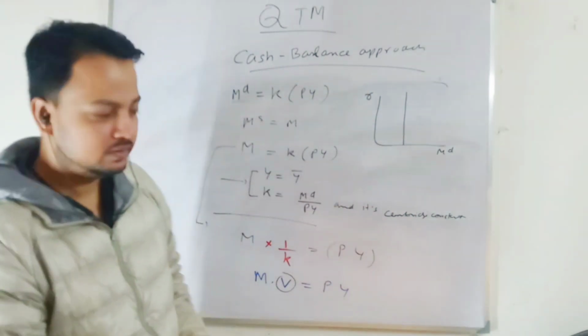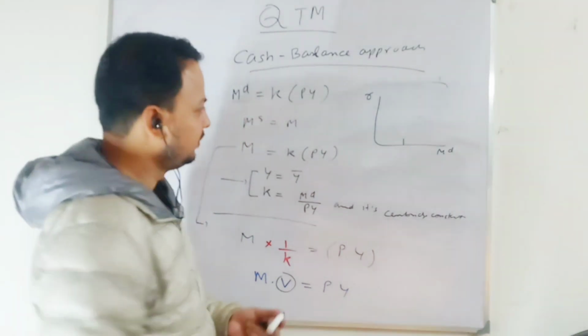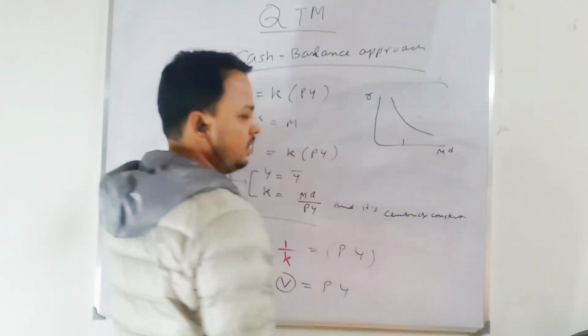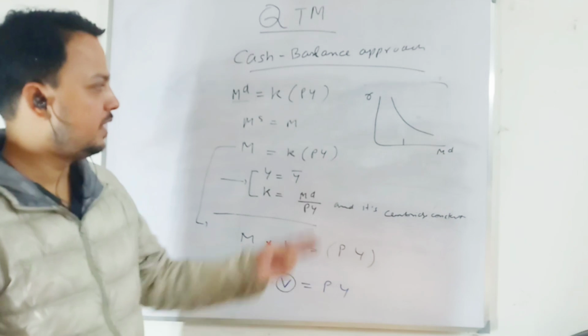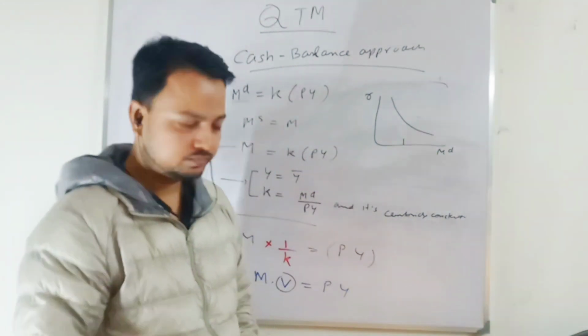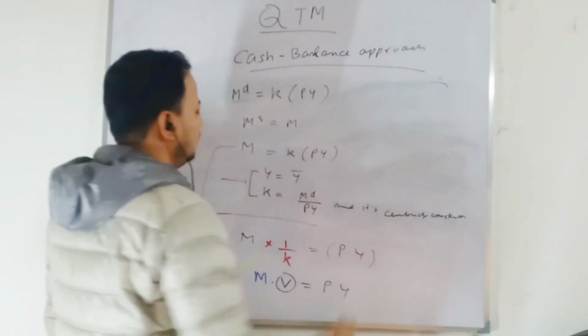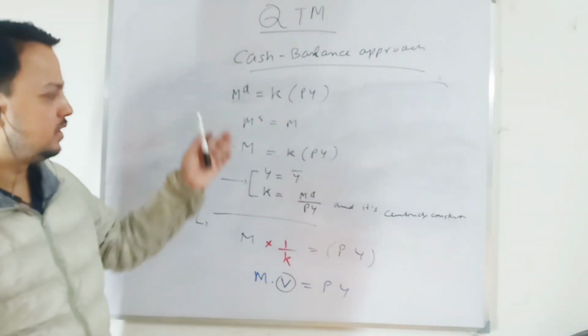But Keynes has shown that in the Keynes formulation, that I have drawn, you have a function like this for money demand. That I am going to explain. When the rate of interest decreases, you want to own more cash for speculative purposes. That I am going to discuss later. So that is also one of the criticisms of this theory.